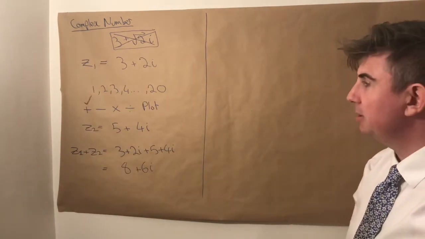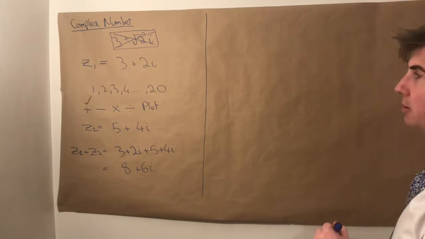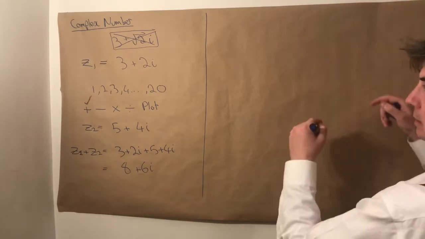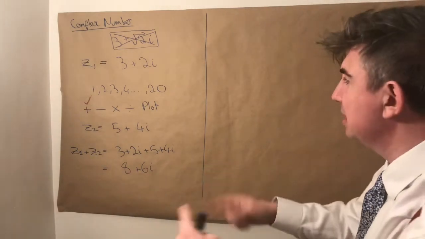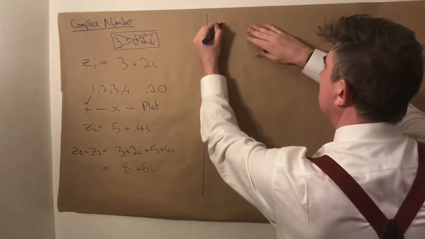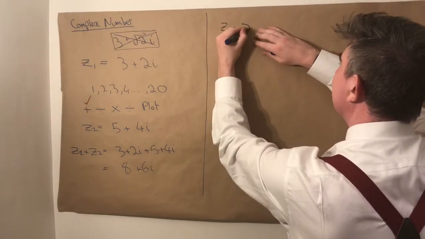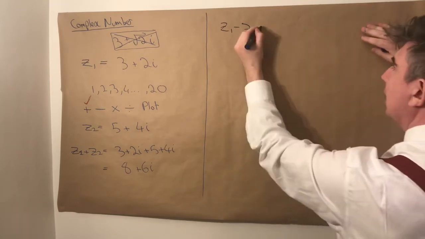So now what's going to happen? I'm going to do some subtracting. Let's get some negatives into this process. So let's go for Z1, take away Z2. And that's going to equal,